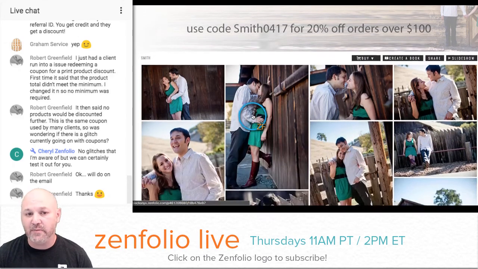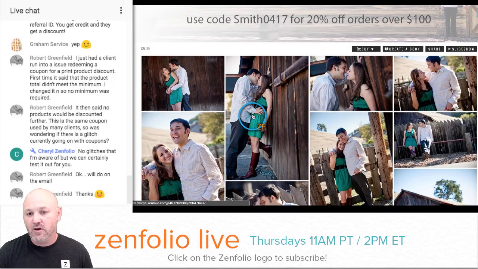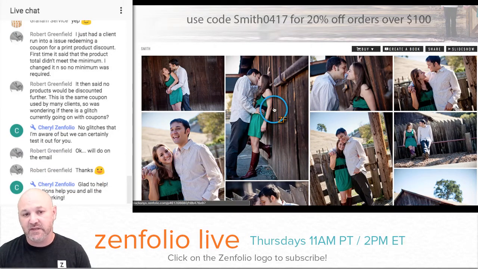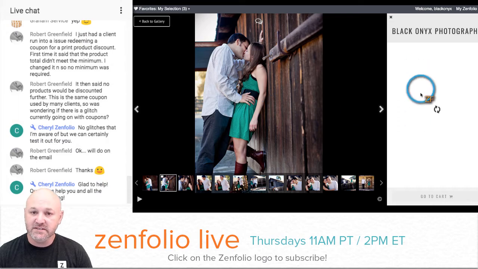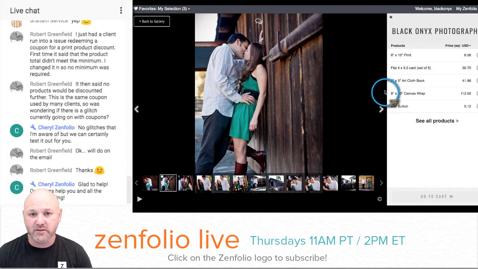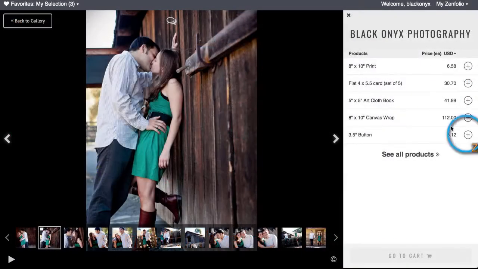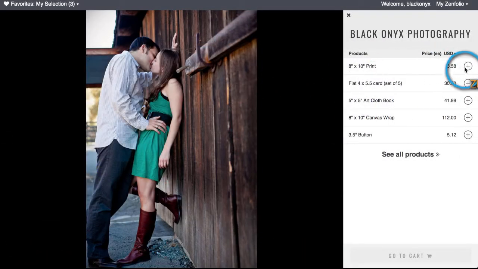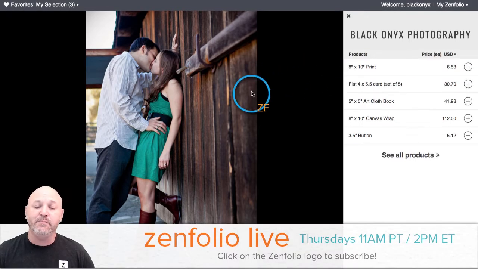The QuickShop side panel is what your clients see when using the new shopping experience. If they click on a photo, this is the QuickShop side panel over here. This is where they can quickly click on one of these and add one of these products with that photo into their account. Like I was saying, when we released that in beta form, originally, if you had collage